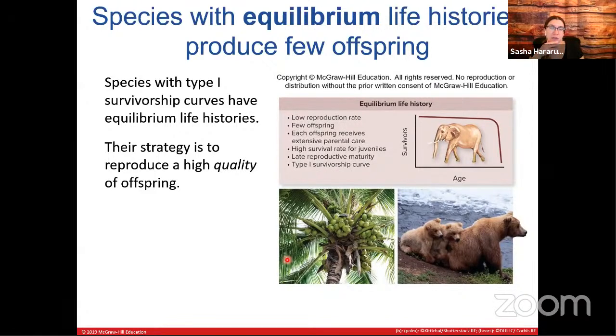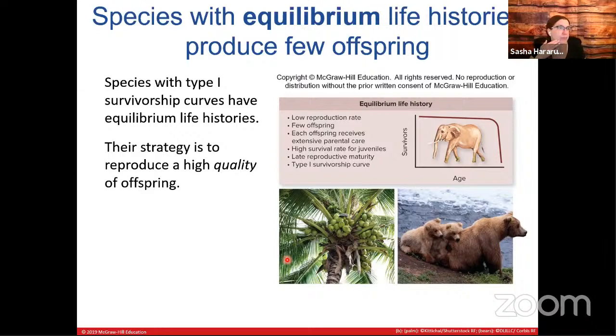So coconut does not produce a lot of offspring. It doesn't produce a lot of coconuts, but each coconut has lots and lots of energy stored in it, like the nutrients to support the germination and early survival of the offspring of the coconut plant. So coconuts can survive a lot of conditions, okay? Even if the area gets flooded, maybe the sea level rises, the coconut can swim in the sea for a long time, and after it just kind of beaches somewhere, it can sprout, and still this offspring can be